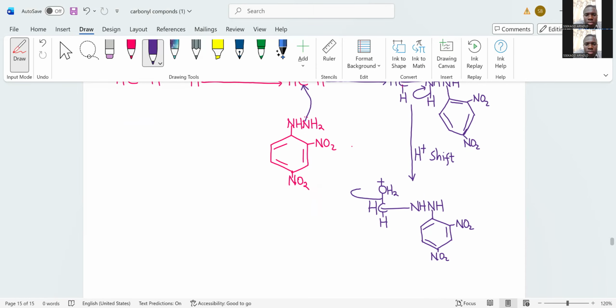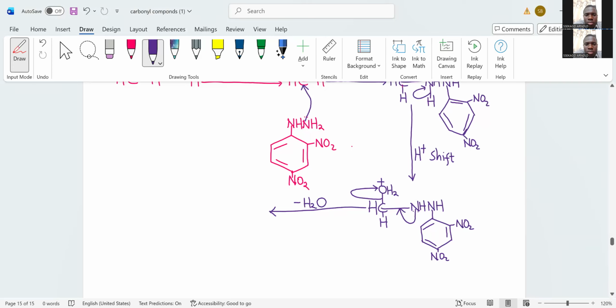Moreover, it has excess bonds, so we give it electrons. Then carbon as well becomes electron deficient. There are lone pairs of electrons on nitrogen that can be donated to that carbon. So what have we done? We have lost a water molecule, minus H2O,